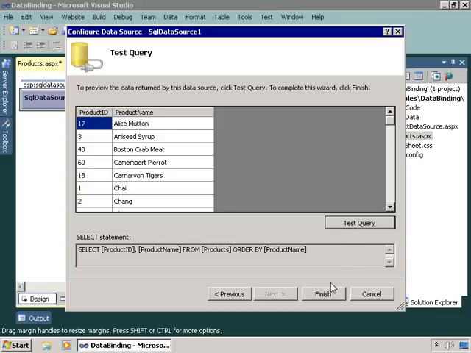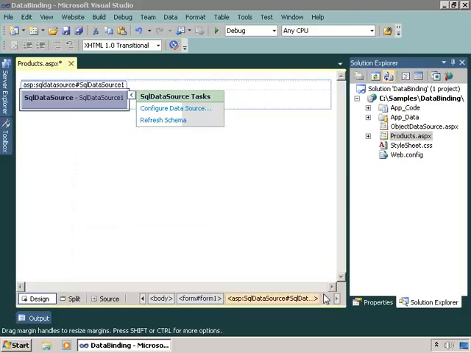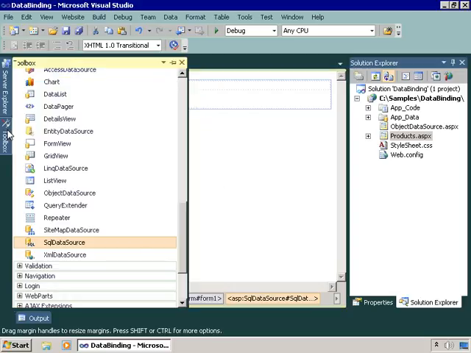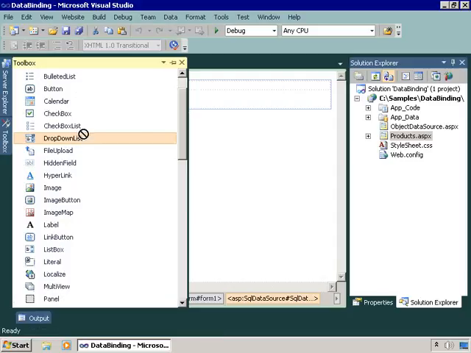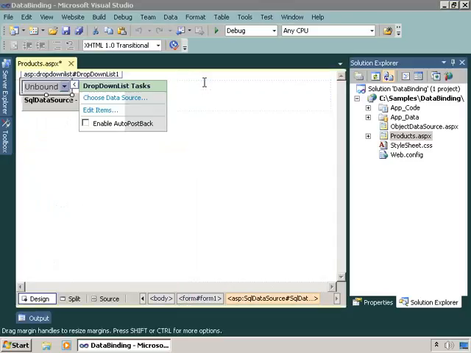We'll finish up, and now our data source is ready so that at runtime it can retrieve the necessary data. I'm going to add a drop-down list to the page to bind to that data source. Let's go get one. Here we go. Drag it into that div tag there, and now you'll notice it too has a smart tag with a couple